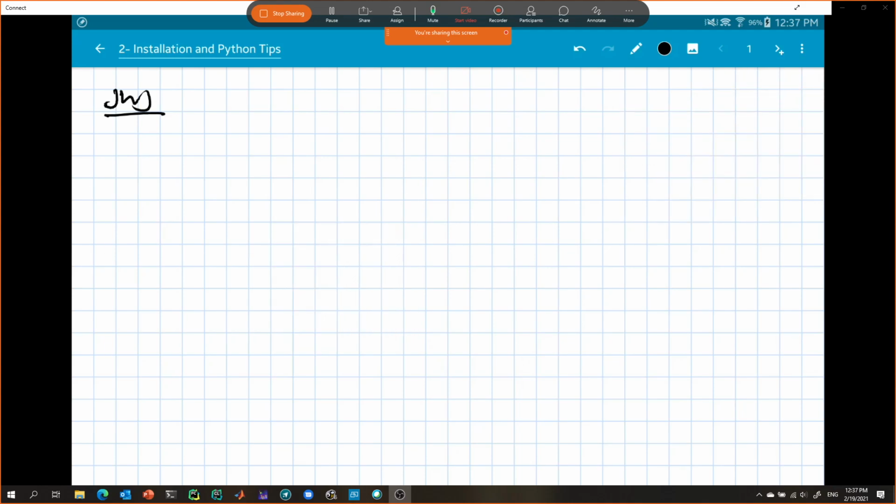Okay, so I'm going to start with talking about Python super generally, and then we're going to go into installation things, and then I'm going to go through the Python tips. So, Python